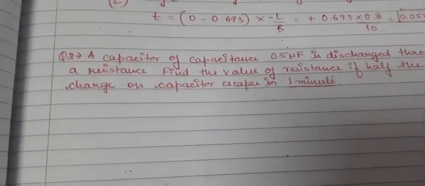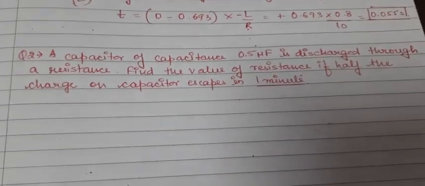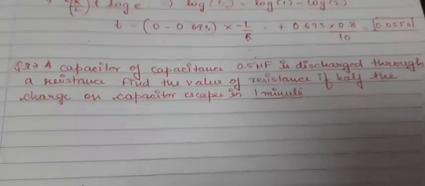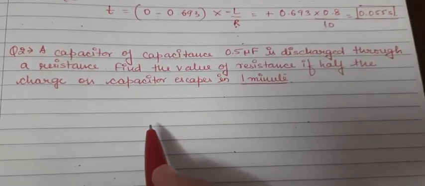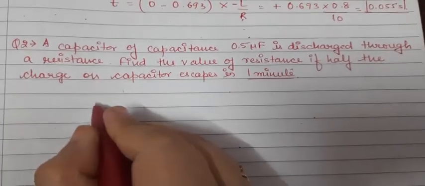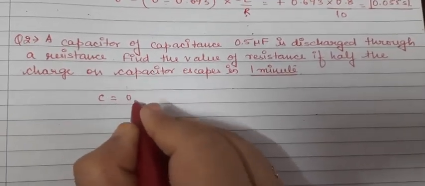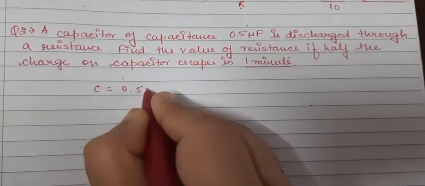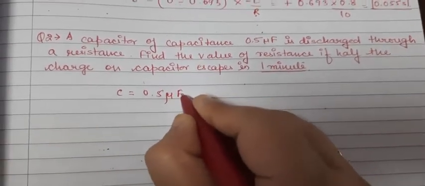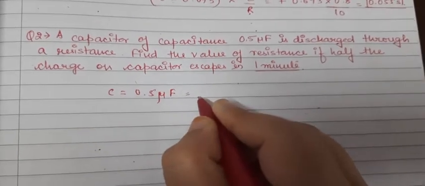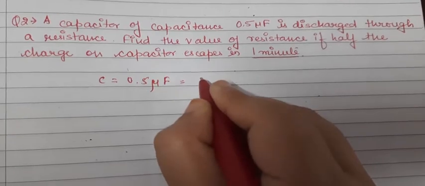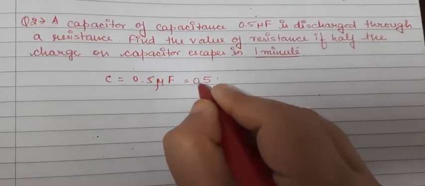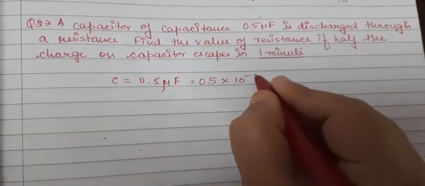Okay, the next question which is written here on my page is based on the capacitor. So this question we will solve on the basis of the capacitor. So what is written? A capacitor of capacitance 0.5 microfarad. Let us write what is given first. 0.5 microfarad. Since it is microfarad, if I convert this, the power will come as minus 6. So I can write that is 0.5 multiplied by 10 to the power minus 6 farad.